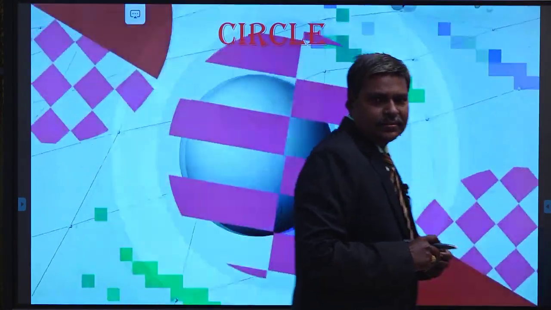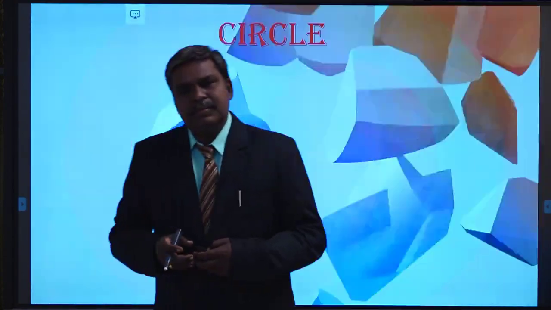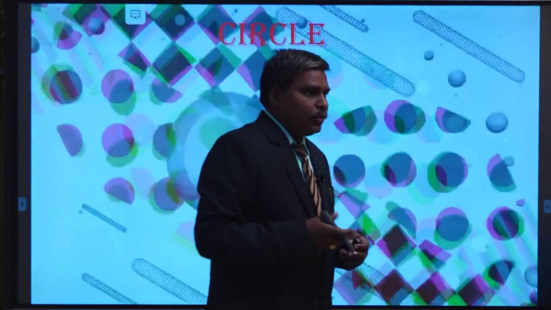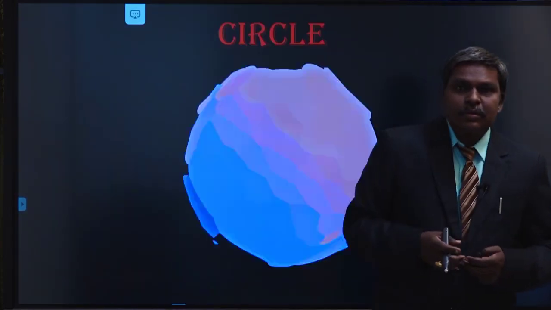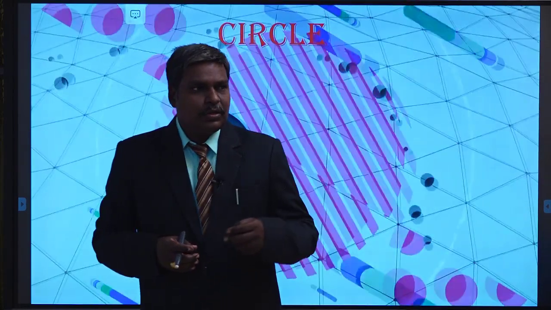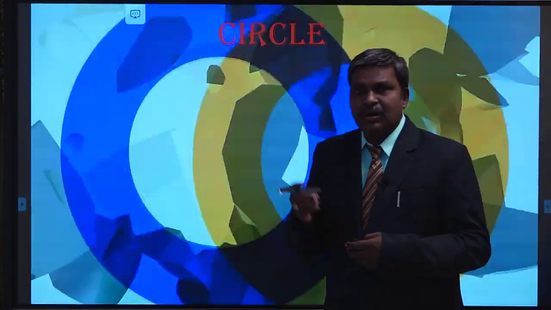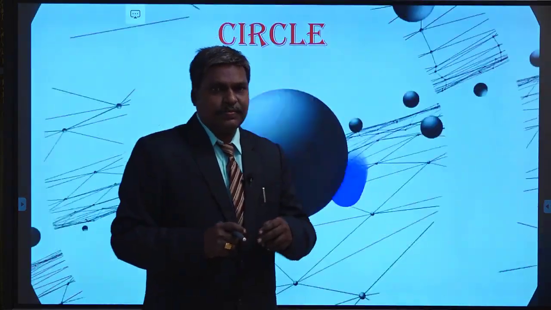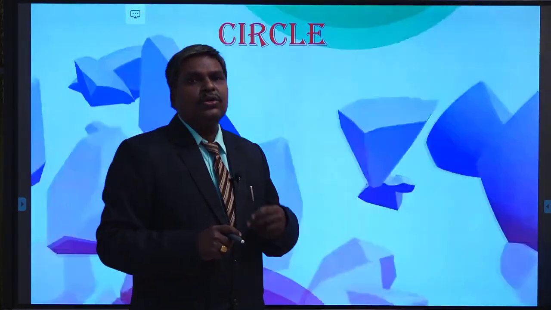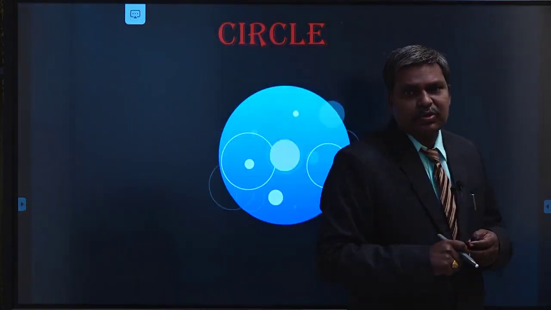Hello students, in the previous class we discussed what is pole, what is polar, and how to define them. The pole is nothing but a given point P. To define the polar of that point with respect to a circle, it is the locus of the point of intersection of tangents drawn at the extremities of chords through the given point P to the circle S equal to 0. This is called the polar of point P with respect to the circle.